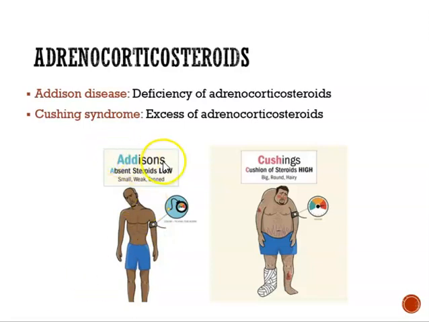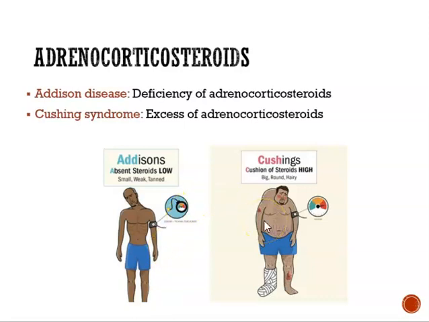That's known as Addison's disease. It's a deficiency of adrenocorticosteroids, so we don't have enough steroids in our body. Cortisol is a steroid. With this disease, we're really weak and really small. The way to remember that Addison's disease is a deficiency of steroids is to think of A for absent: absent steroids. Steroids are not there. We have low steroids, which is why we're really weak and small and tanned.